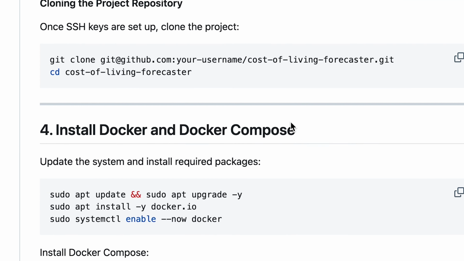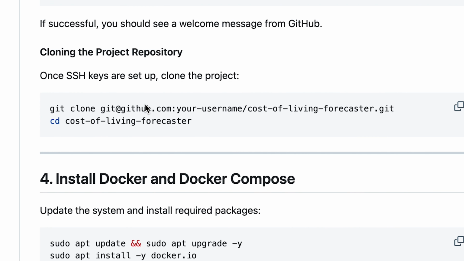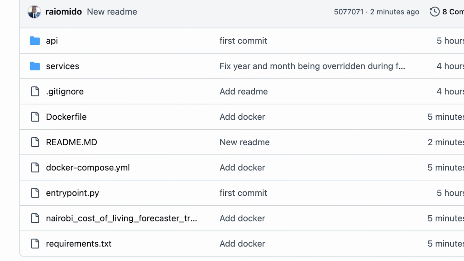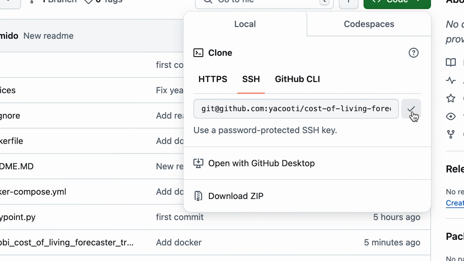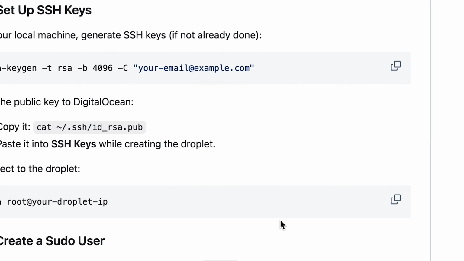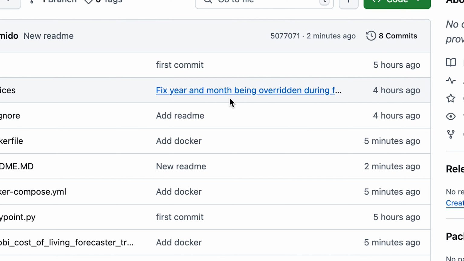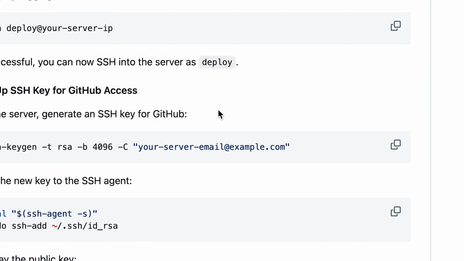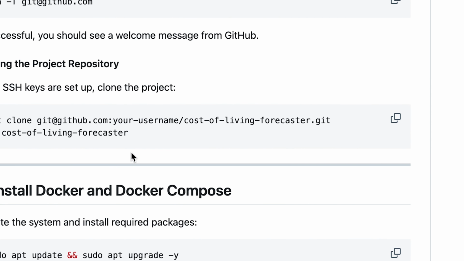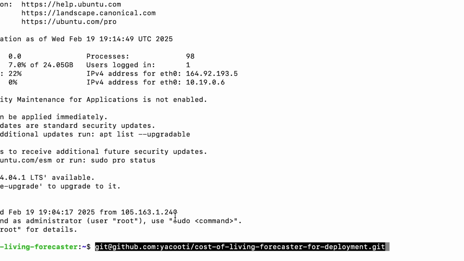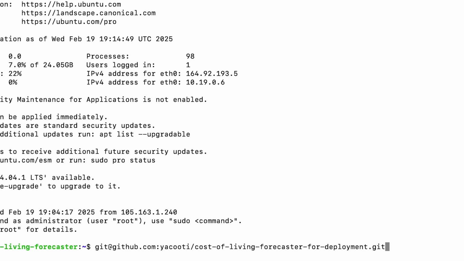So I will go to step number 3, the last line, and then I'll just copy this. And not really this. I'll copy from here, because this one down here is just an example. It's not a real URL, so it's just an example. This one here is just an example, so I'll do this,